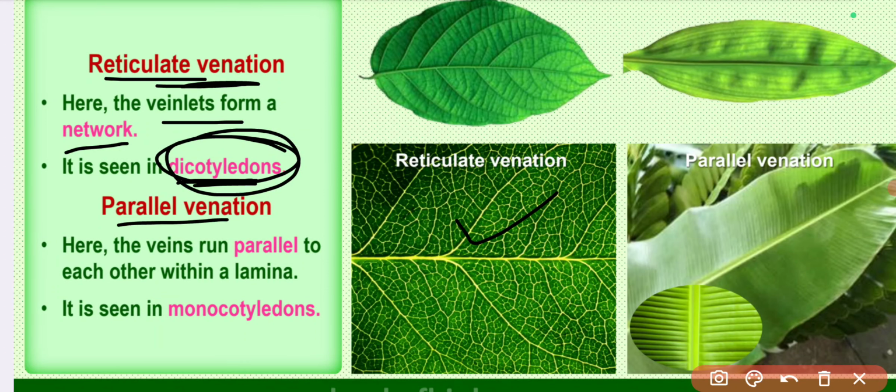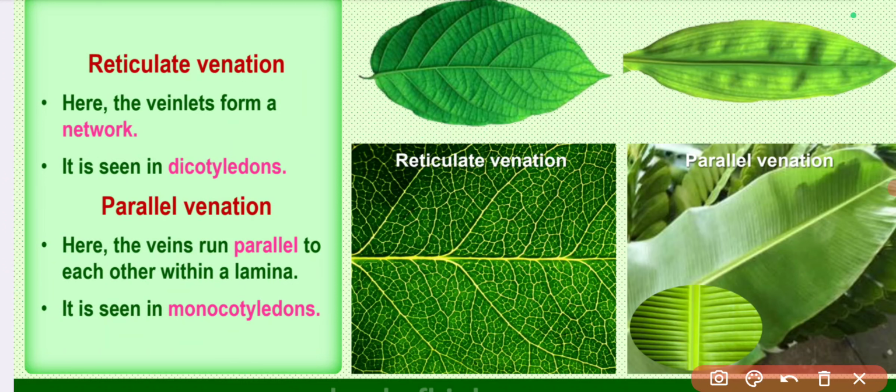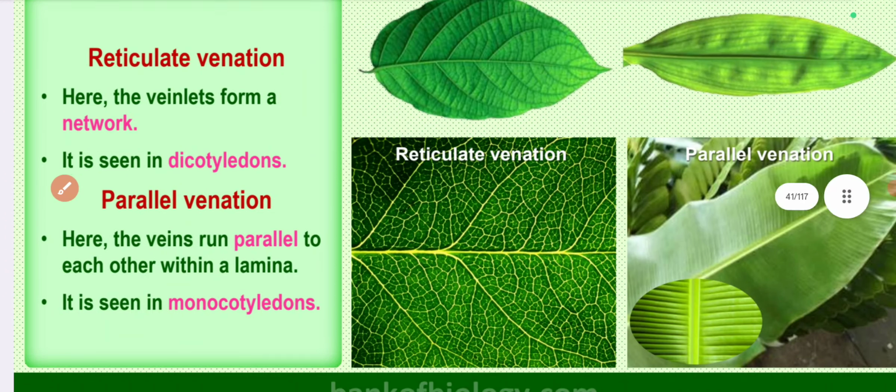Okay, next is parallel venation. Here the veins run parallel to each other within the lamina. As you can see in the banana plant, the veins run parallel to each other within a lamina. It is seen in monocotyledons. Okay, next,